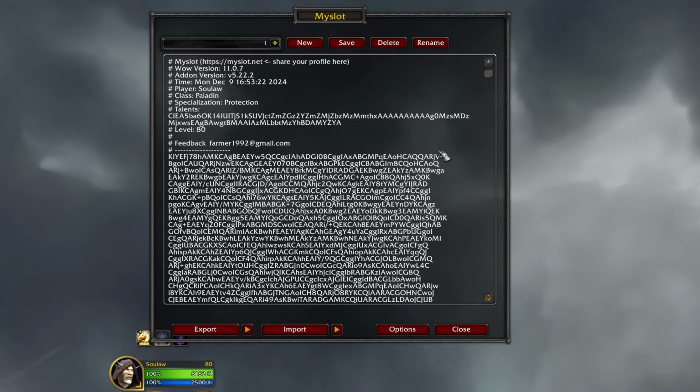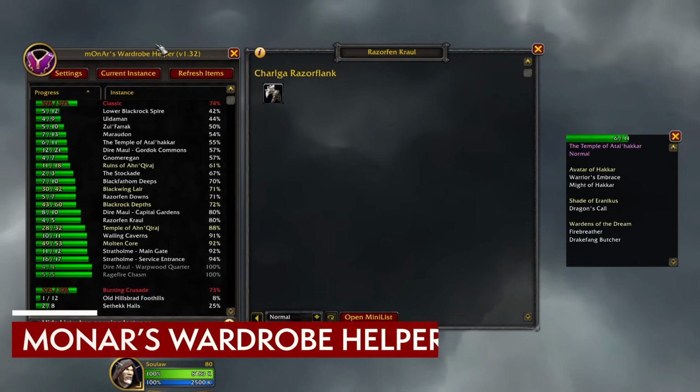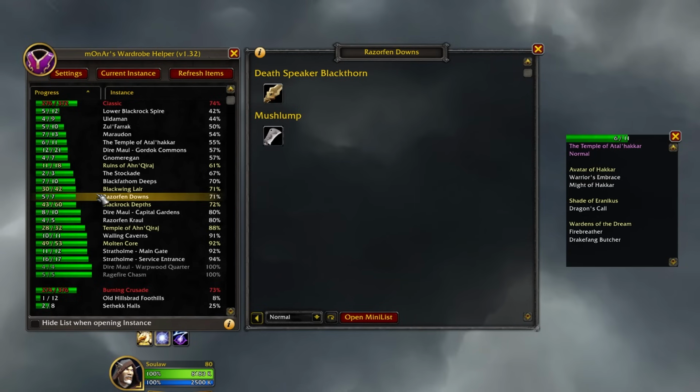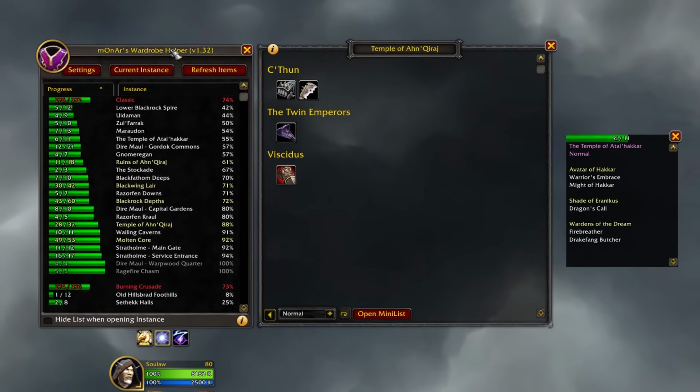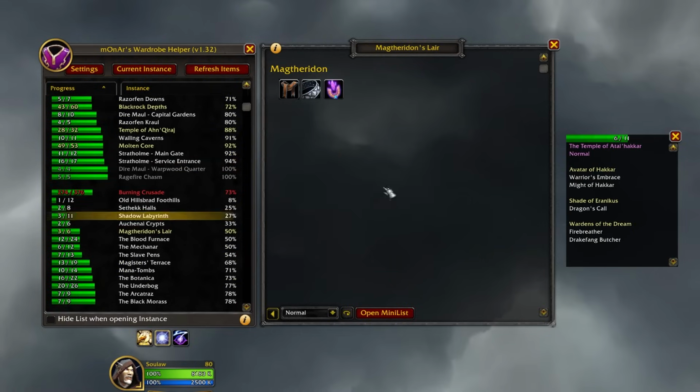case things go haywire. Monar's Wardrobe Helper is a light version of the All the Things add-on. It focuses on transmog appearances in raids and dungeons and gives a simple breakdown of what you're missing and where it comes from. Like All the Things, it also offers a mini list displaying missing items depending on the